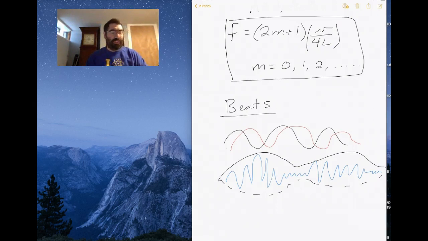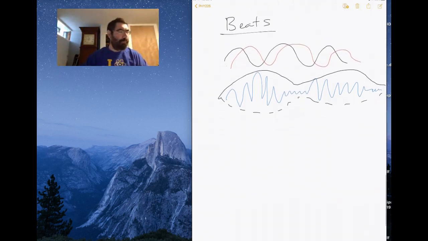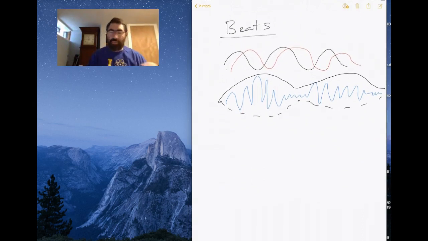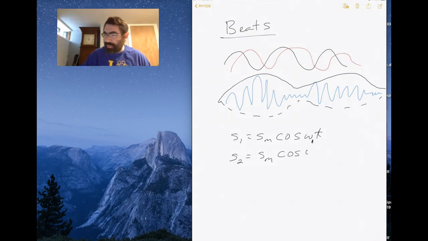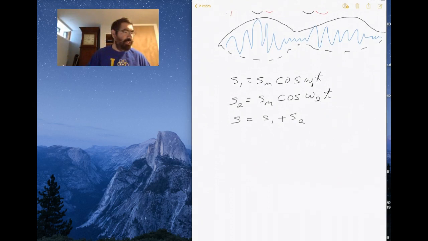So I'm not really going to go into the derivation, but what you end up getting is, if you were to write this out, you basically start with wave number 1, if they have the same amplitude, and we only look at the time dependence, then you get wave number 1 with a frequency omega 1, and then you get the equation for the second wave with a frequency omega 2, and when you add them up, so S total is S1 plus S2,